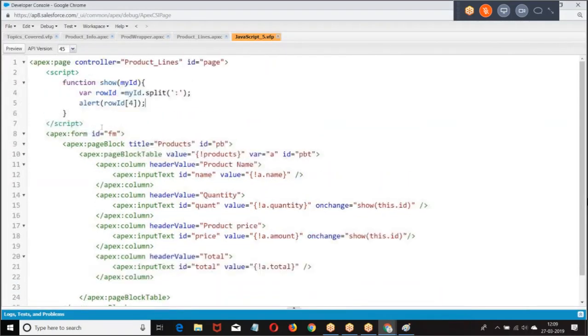Now let us see how you do that. Where amount equal to document dot getElementById, page, form, page block table plus row number.